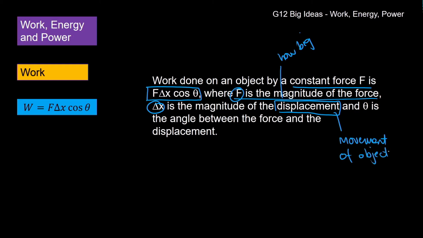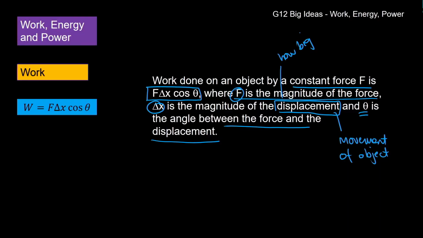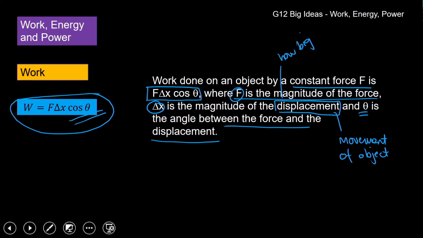And theta is the angle between the force and the displacement. Sometimes these forces are not direct forces, as we've seen earlier where I've drawn the components of the force. It's done at an angle. So we need to accommodate the angle at which the force is being applied to give us the displacement, and that is accommodated by the cos of theta in this formula.